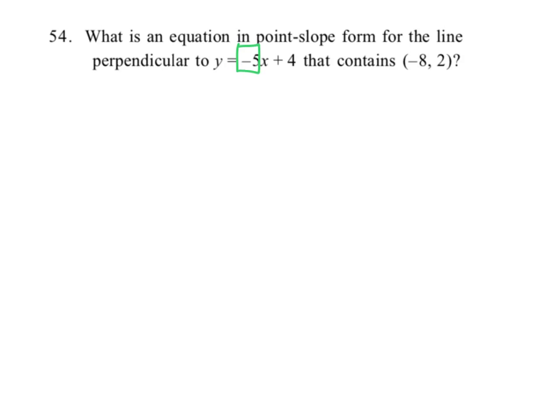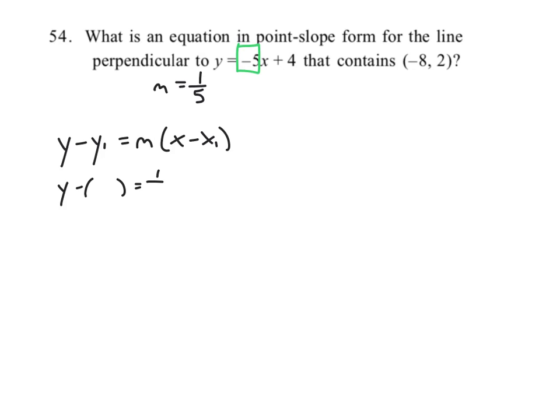-5, and we are then going to have as our slope the negative reciprocal of that, or our slope is going to be 1/5, right? We flip it over, change the sign. So we say y minus y1 equals m parentheses x minus x1, and that's the same as y minus, we're going to put in the y value there,